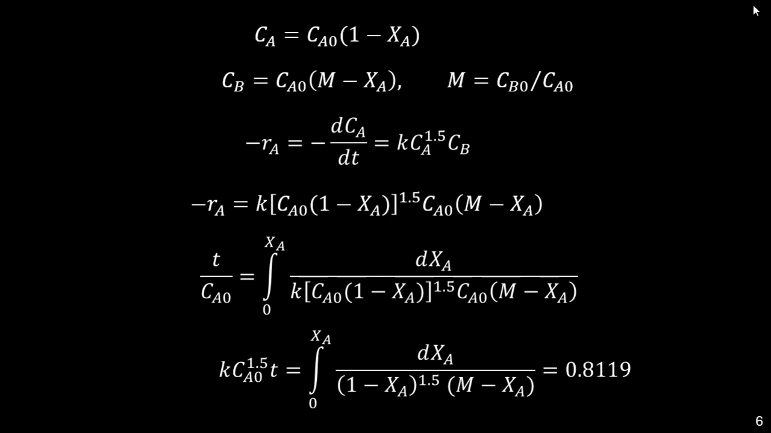Therefore, the task is to find the value of XA that makes the integral value equal to 0.2119. However, the integral does not give a simple, directly usable expression for conversion. So XA cannot be obtained by simple rearrangement or direct substitution. We have to assume a value of conversion, evaluate the integral, compare it with 0.2119, and repeat the calculation until